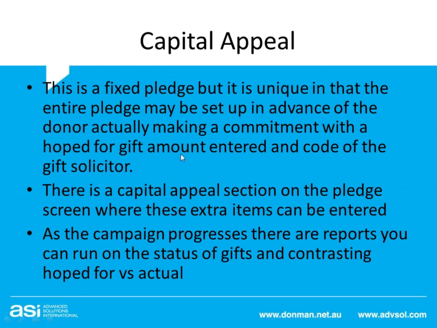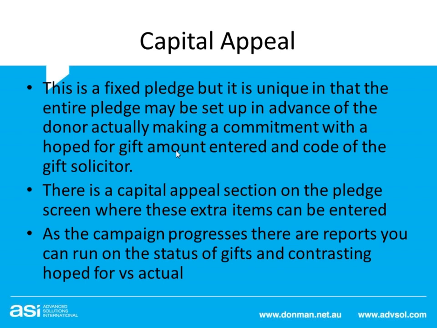Last thing, the second last, or last I'm going to go into any detail, is the capital appeal. Capital appeals are different in that they're usually about going out to people and asking for significant amounts of money. I mean, usually it's on a pyramid, so if you're trying to raise $5 million and maybe your top gift you want is $500,000, and going down the pyramid you're getting to various amounts, but all of them are significant, and there may be some down the bottom too. But a capital appeal is usually where you have a group of people that are allocated to solicitors to go out and ask them for money.